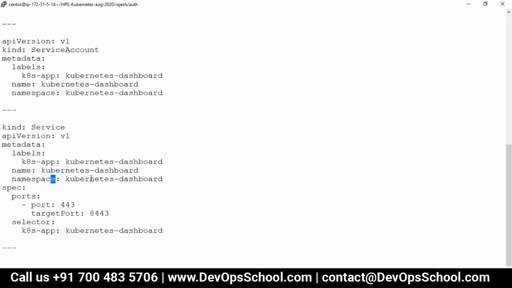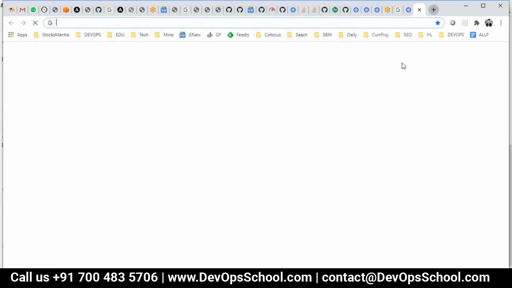Yeah. So these are the things which you have. It's a complete application you are deploying. So like that, you have to write a YAML file which includes all this stuff. You can create Helm packages also. So that is also what I'm doing. I'm just changing this service because we are in AWS. We are not running in a VM or something like that. So I have to do the node port.